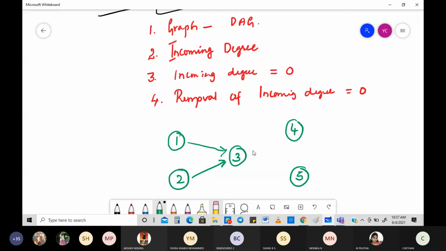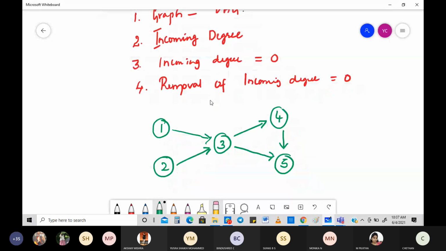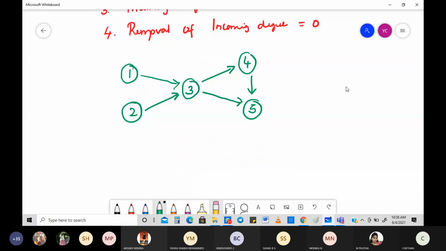Now our job. It's a directed graph, no doubt in that. First, you need to check whether it is acyclic. Does it contain any sort of cycles? I don't think so. You just look into it. Is there any cycle? 1, then 3, then 4, then 5. That's all. Then again, it may start with 2, 3, 5, or 2, 3, 4, 5. No, there are no cycles. So one thing you can very clearly say is, of course, it's directed, just by looking at it, and it is also very much acyclic. It is a directed graph, and also an acyclic graph. No doubt in that.